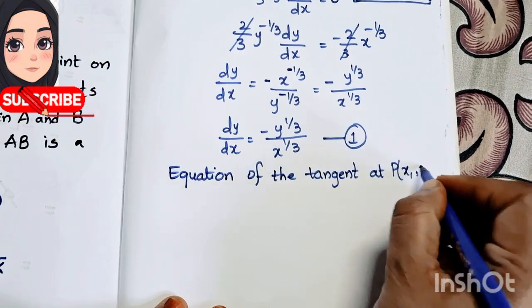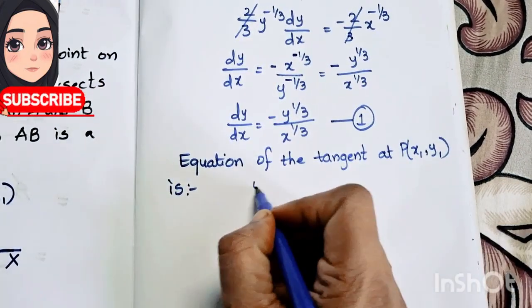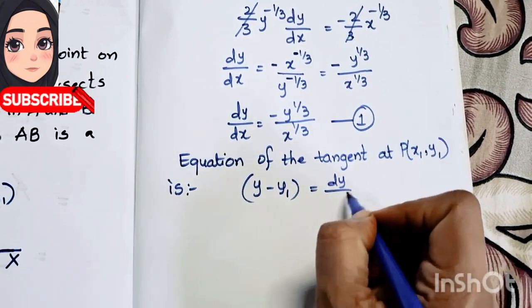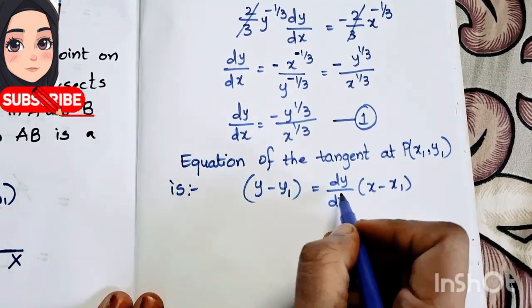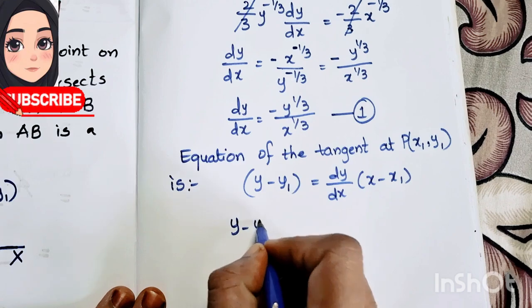P(x1, y1). What is the tangent formula? That is y minus y1 equals dy/dx into (x minus x1). So substitute dy/dx in this formula. So what will you get? y minus y1